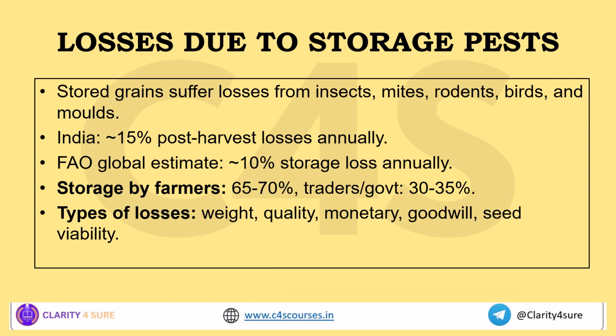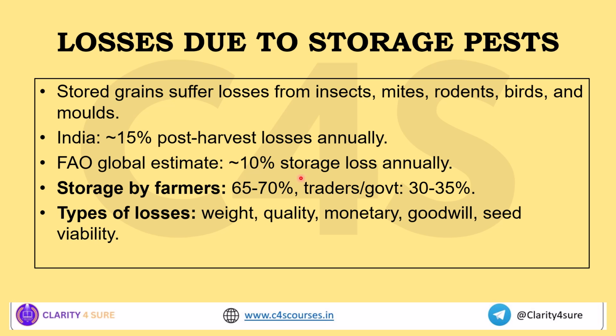Before discussing the major pests, let's discuss what losses are caused by these storage pests. Grain stores after harvest are often attacked by a variety of pests, including insects, mites, rodents, birds, and molds. Among these, insects cause the most economic loss. In India, around 50% of grains are lost annually due to post-harvest damage, and globally, FAO estimates 10% of annual